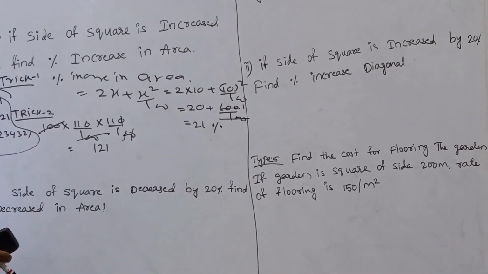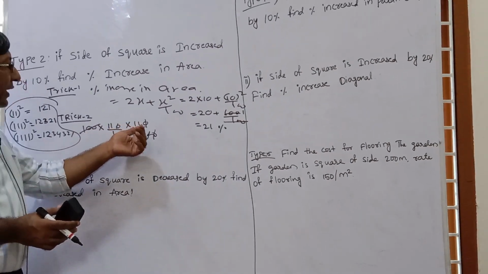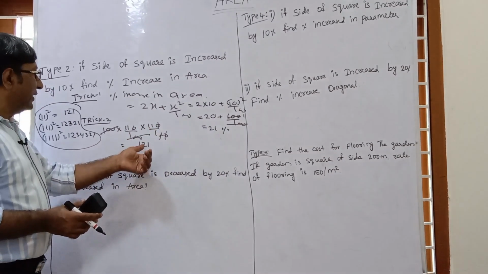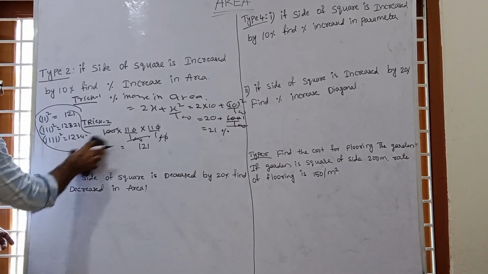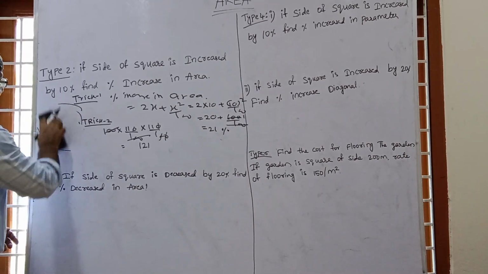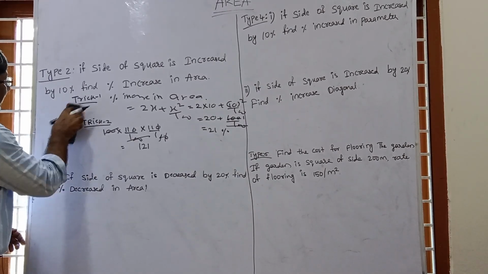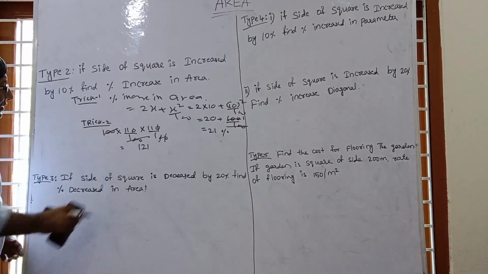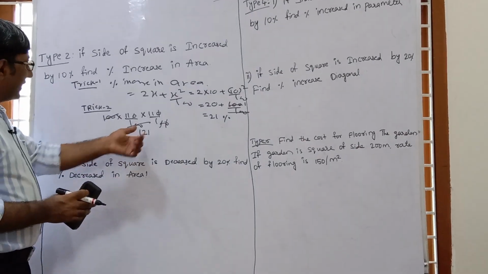If you know the technique, you can use 11 into 11, that is 1 2 1, that is the correct answer. So in this way we can use this technique. If you want to go for this technique, see the video for this technique. So this is 1 2 1, this is the right answer.